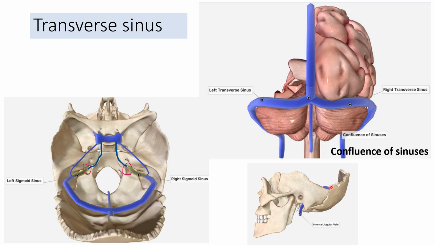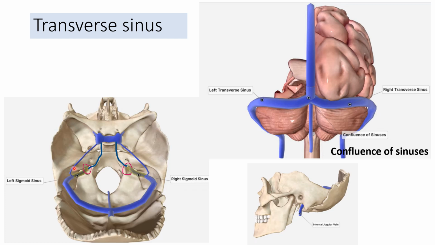And here in this picture we can appreciate the part of the transverse sinus visible here. After this, it is going to form the sigmoid sinus, which is deeper inside the cranial bone, and then it is going to be continuous with the internal jugular vein. So you can visualize now how the internal jugular vein is formed. It is actually the continuation of the sigmoid sinus. Here, see, the transverse sinus, the sigmoid sinus. Here is the jugular foramen. It is continuous with the internal jugular vein through this jugular foramen.